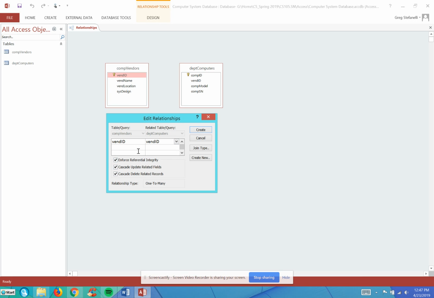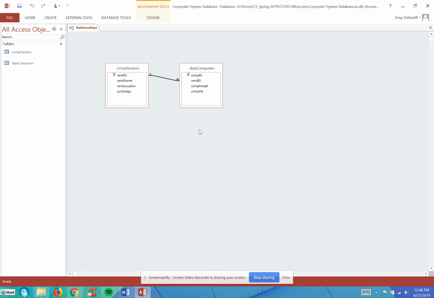So just quickly, before I click on Create, we have our table comp vendors with our primary key Vend ID associating with the foreign key Vend ID for the department computers, or depth computers, table. Once I have that selected, I have 3 check marks under Enforce Referential Integrity, Cascade Update, and Cascade Delete of the fields and records. And when I click on Create, what I get here is a line that connects between